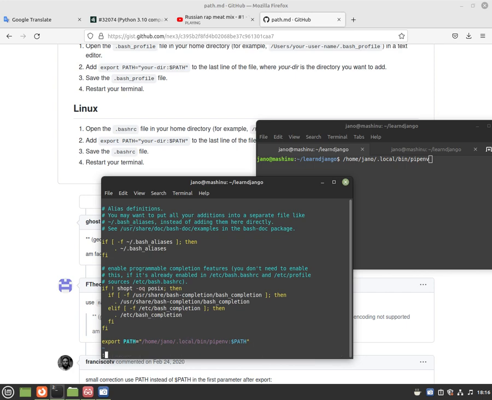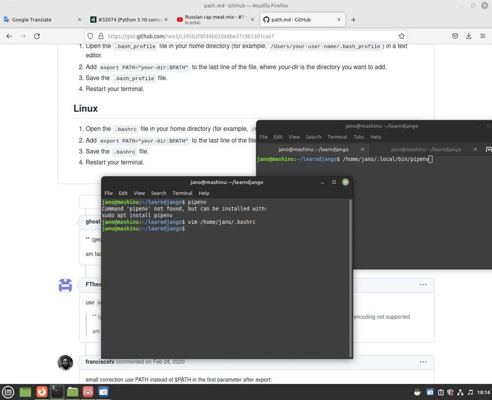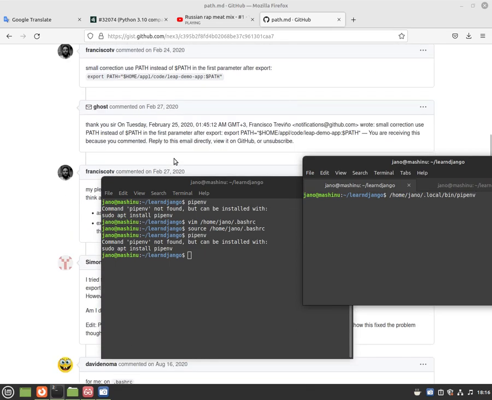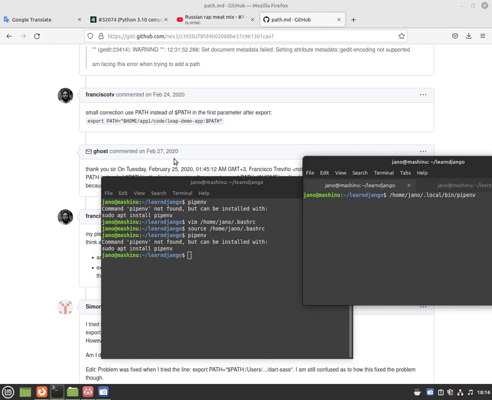Save. Maybe I need to do source home yano .bashrc. pipenv. It still doesn't work. Add export path. Use path instead of